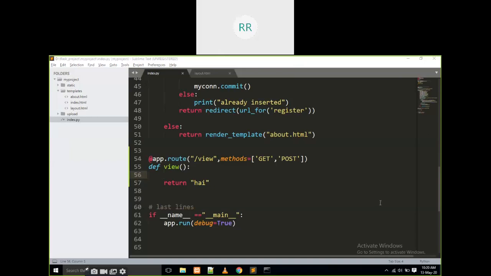Remaining students, what do we have to develop in view? What is our task? If you click on view, what is our task?